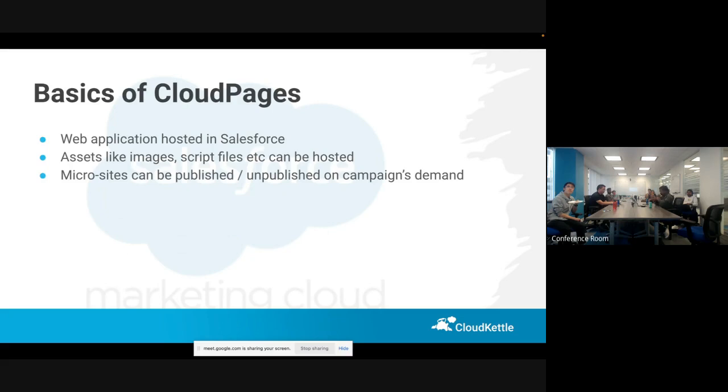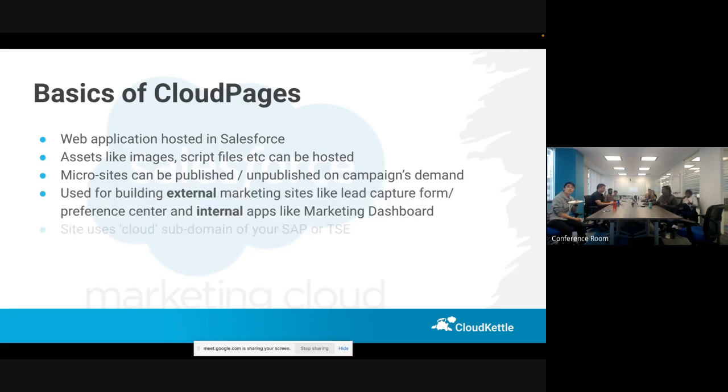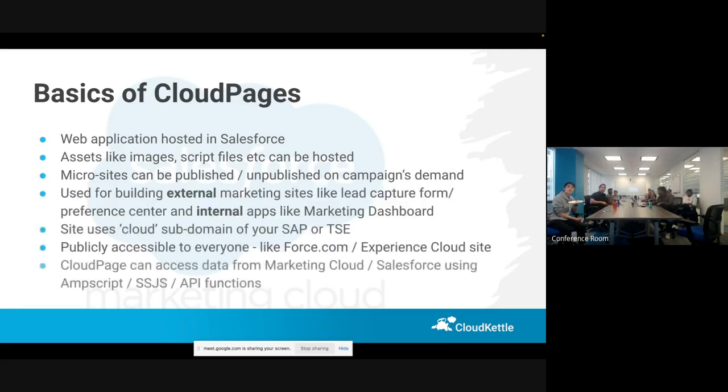Cloud Pages. Why do we use Cloud Pages? Let's say, as part of your marketing campaign, you want to show some offers, or the most common use case is you want to set up a preference page where you want your customers to